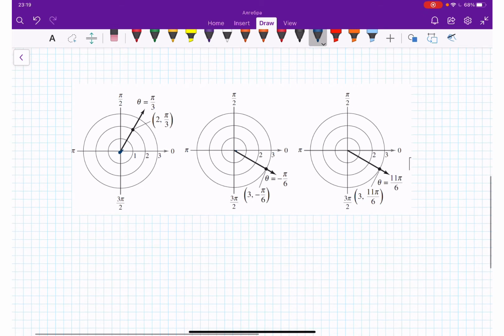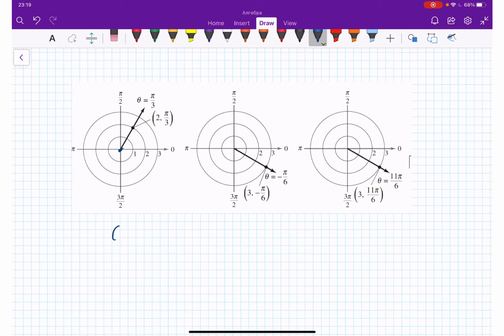For instance, the coordinates r, theta and r, 2 pi plus theta represent the same point. If you look at this picture and then this picture, because look here, we have